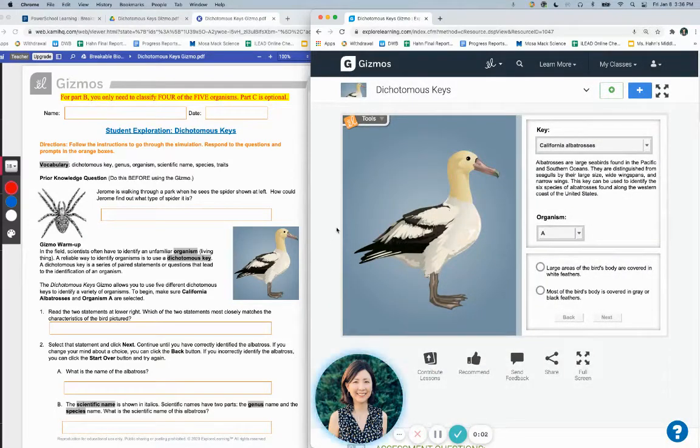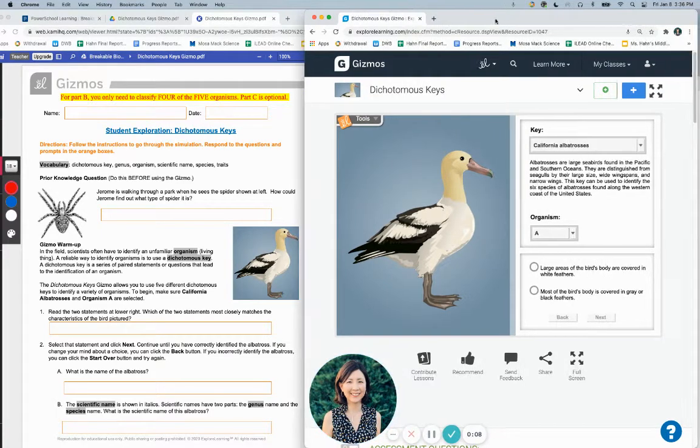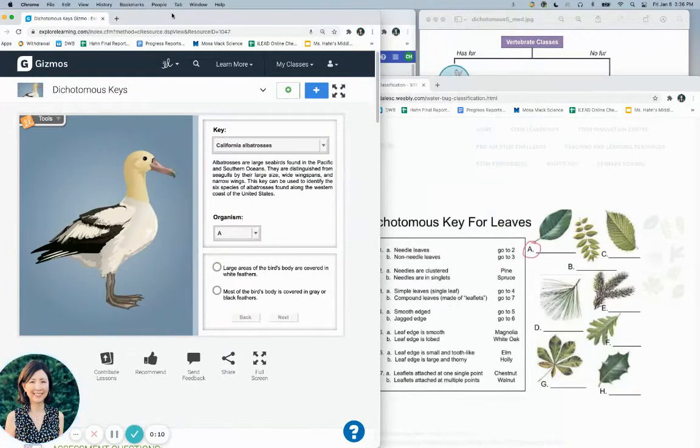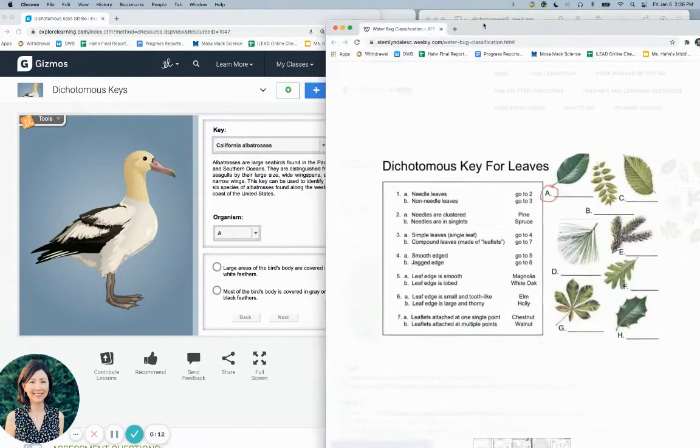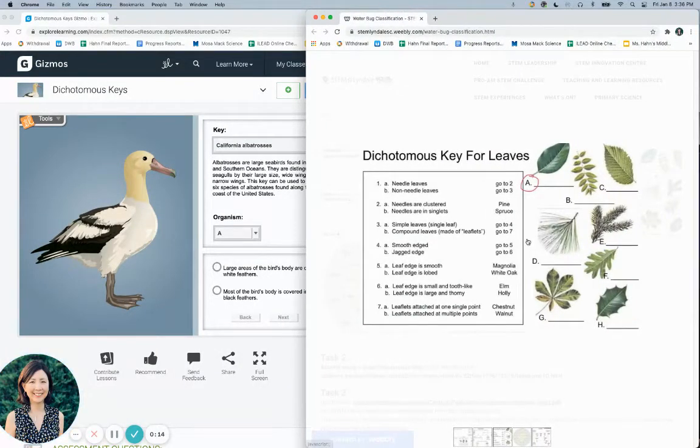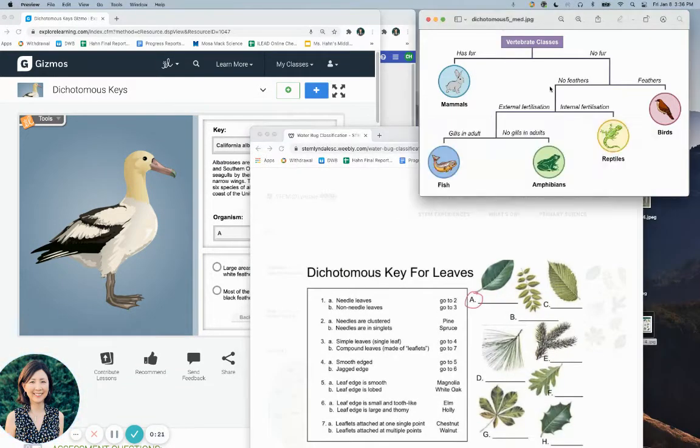Today we're going to classify some organisms using dichotomous keys. So I want to show you real quick what a dichotomous key is. Basically, it's a system of classifying something. Here's an easy one. So if we want to classify vertebrates, organisms with backbones, if it has fur, then we